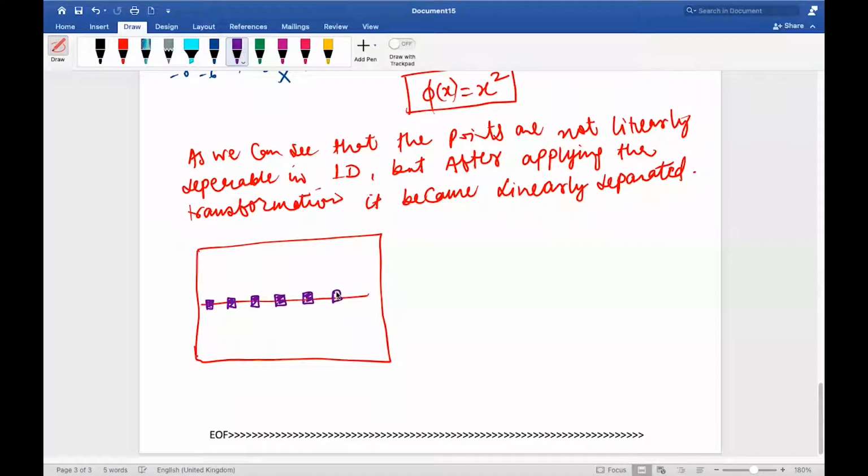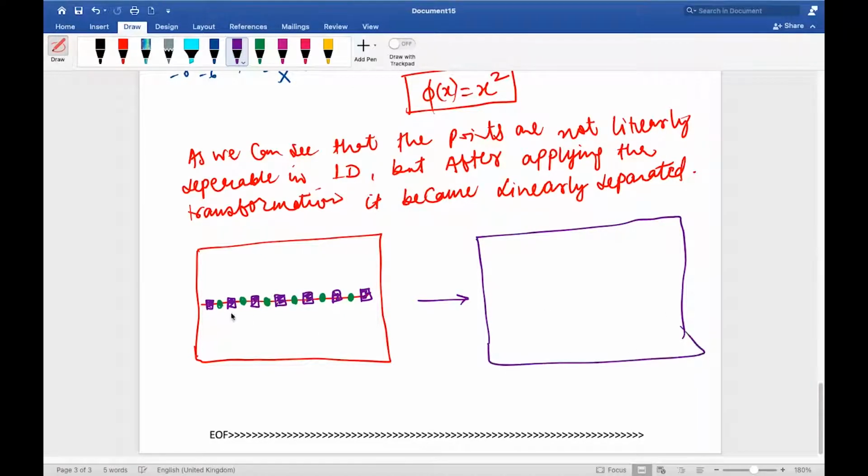This is one class, right? And let's assume this is another class, right? Now you guys will tell me, is it linearly separable in this space? No. Then I'll have to transform it into higher space. Yes, correct. So what I'll do is, if you can see, there is a trend. Every second item is another class, right?